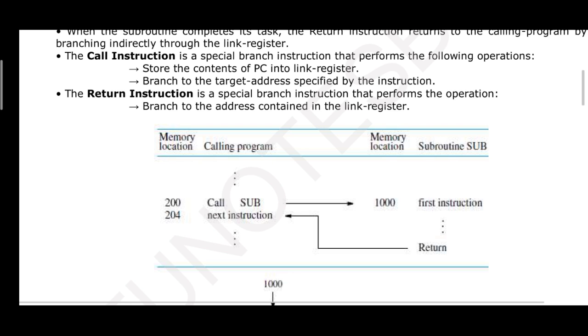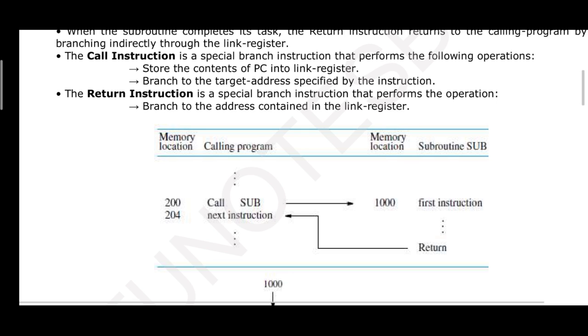So the location 1000 holds the subroutine, the instructions. There is a set of instructions located under the subroutine which is named SUB. The first instruction is at location 1000 and so on. At last it has a return instruction, say 1020 has a return instruction. Sequential execution will happen from 1000 to 1020 because you have called it from the location